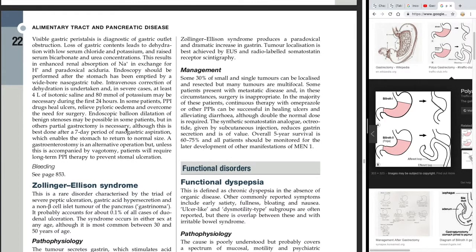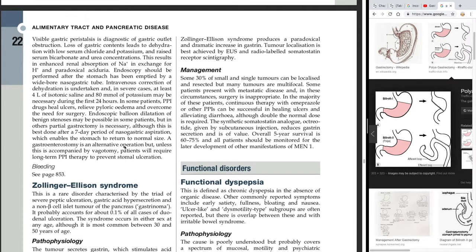Although this is best done after a 7-day period of nasogastric aspiration, which enables the stomach to return to normal size. So before you do the endoscopic balloon dilatation or gastrectomy, it's best to do a 7-day period of nasogastric aspiration. So you put a tube down the nose into the stomach and then aspirate, means draw out all the stomach contents for 7 days